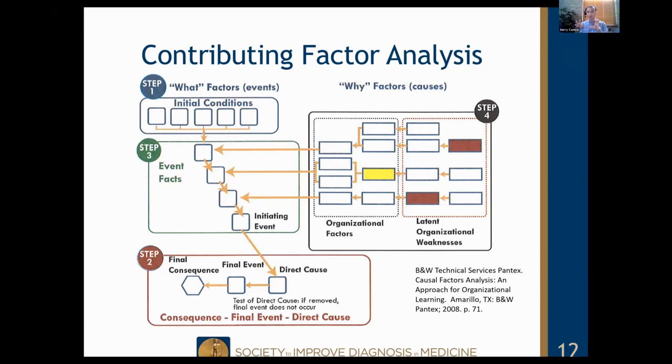And so once we identify those things, what we try and do is develop an action plan to reduce these things from happening again. We've identified that maybe there was a missed test result. What were the factors that led to that missed test result? Or perhaps there was cognitive bias associated with the case, or the clinicians did not communicate with each other. Those are factors which we want to uncover and characterize. And so ultimately, that's what we're trying to do with the common format for diagnostic safety event reporting. So next slide, please.